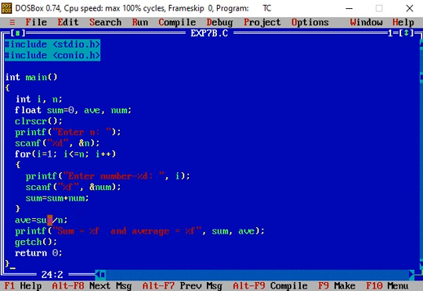And the next statement displays the sum as well as the average on the output screen. So sum equals percentage f: at this place, the value of sum is printed, and average equals percentage f: the value of average is printed at this place. So we get the result on the output screen. So in this way we discussed the second problem using the for loop.